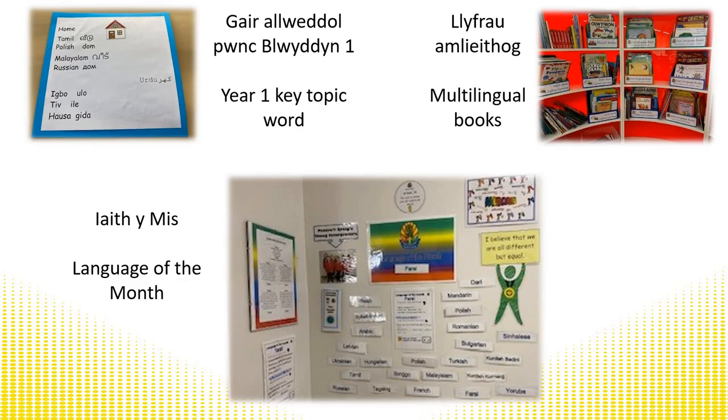And sometimes children will sit and read corresponding books, so Hungry Caterpillar in English with a Hungry Caterpillar in Urdu or something. They also do Language of the Month, where they each month take a language from one of their EAL pupils, and a parent comes in, they develop an assembly, they have pupils involved, their pupil ambassadors, their language ambassadors, language champions, and throughout they have an assembly on the culture and the language. Then throughout the month they have different levels of challenge that pupils will try to learn some of the language from that country. So as a school they are learning French, but they also have these moments where they're highlighting